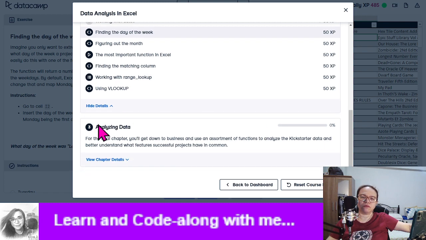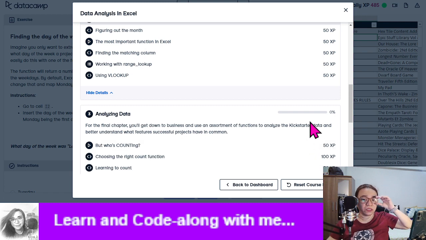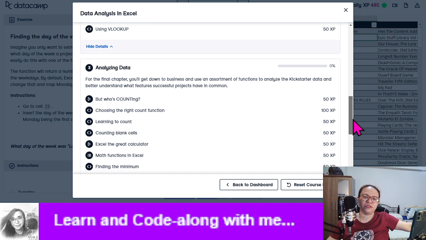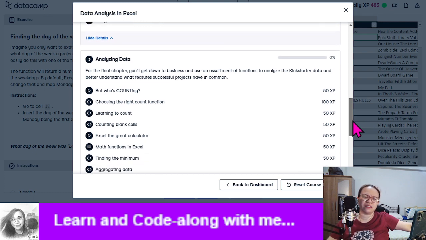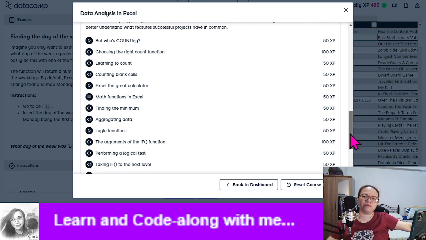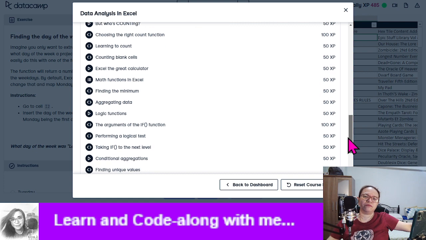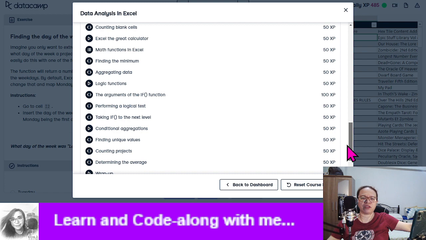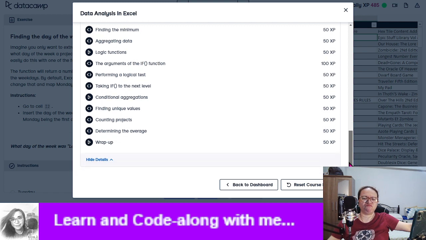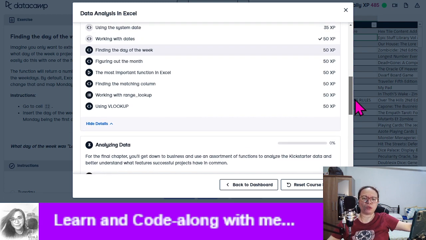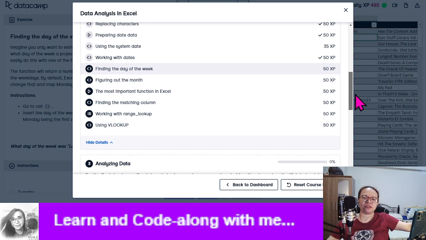Just check on this. But who's counting, choosing the right count function, learning count, counting blank cells. The if function, performing logical tests, taking if to the next level, conditional aggregations, finding, counting. I think what's interesting here is only the lookup. The other topics are all